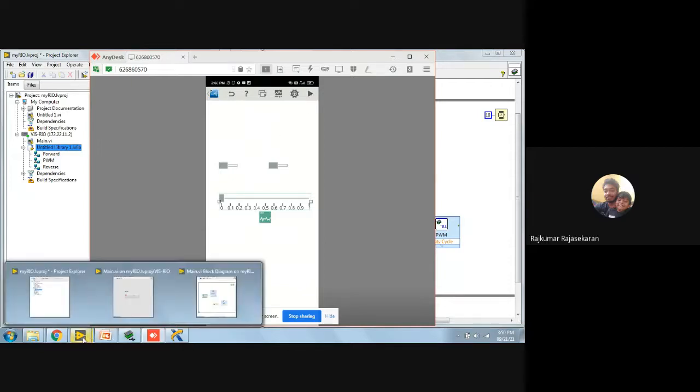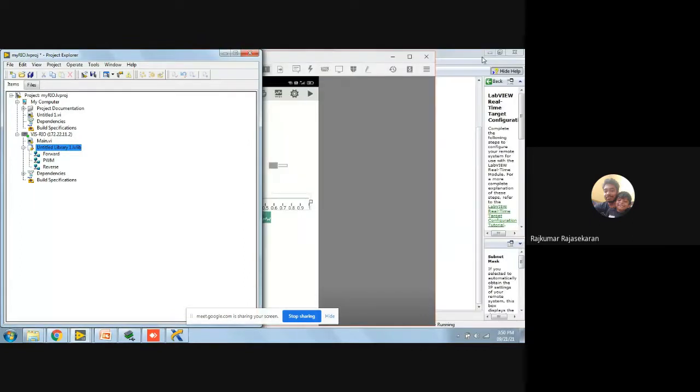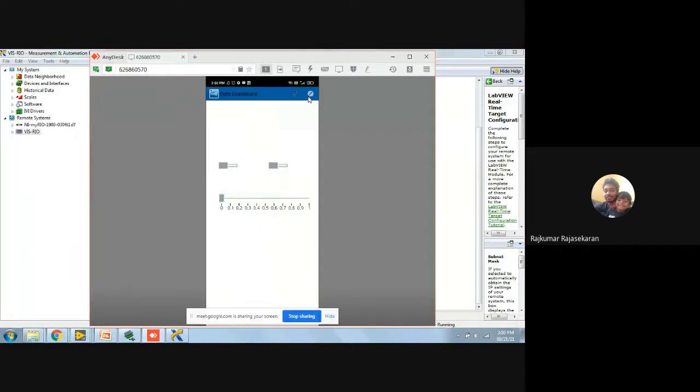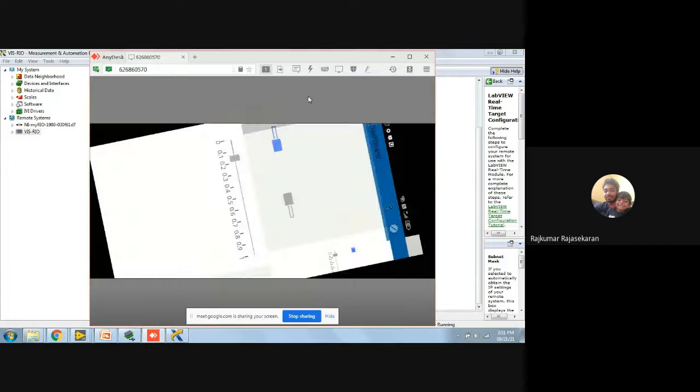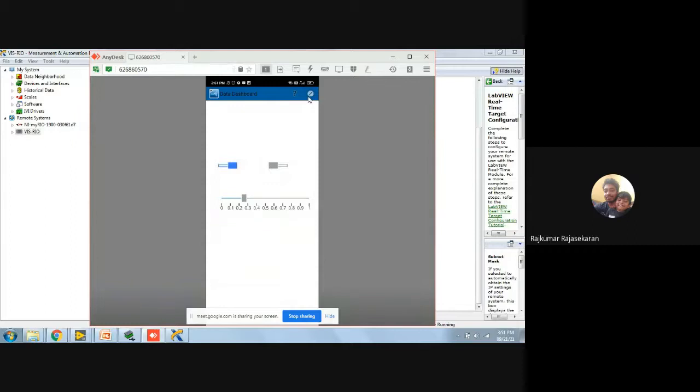Okay, so I think my code inside my area will still be running. But to run my code on my cell phone, there is a run button here which I can click. If I click on it, it's going to run from true to false or false to true. Now I'll make it forward and increase the speed. Okay, the motor is rotating. I can control it via my cell phone.